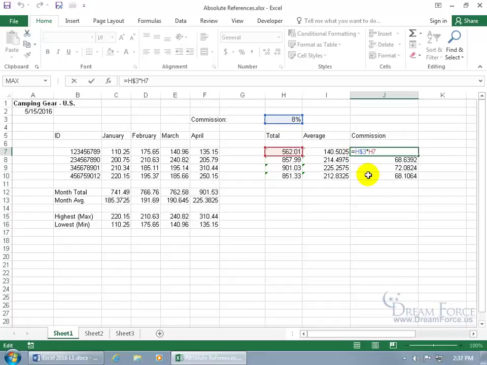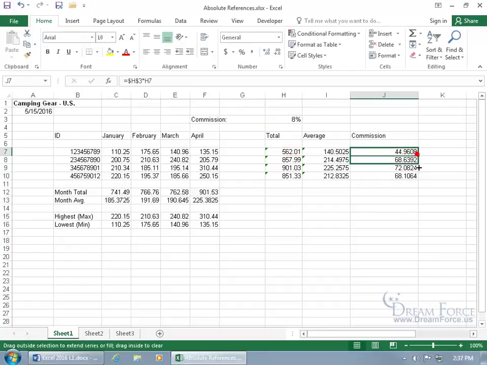So again, you can either type in the dollar signs. You don't have to hit the F4 key. There's no magic in that, except that it adds the dollar signs for you. So I can just go ahead and type it in there, hit enter. And if I come up here, click and drag down by using the autofill handle, it copies in the same thing. It knows that it's going to be staying in the same column because that's the relative reference, but moving it row by row, but it becomes constant or absolute when I tell it with the dollar sign to not move